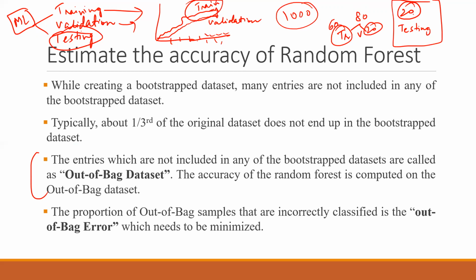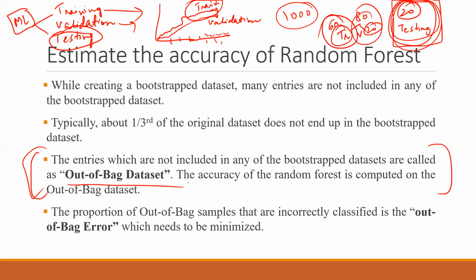That's why in machine learning, when we say my accuracy is 80%, we do not mean that it is 80% over the training dataset or the validation dataset, but we always say my accuracy is 80% on the test dataset. So that's why it's written here that my test dataset will be the out of bag dataset, which has not been used in training the model, and that out of bag dataset will be used to calculate the accuracy. That's the basic reason I have been discussing these basics with you.